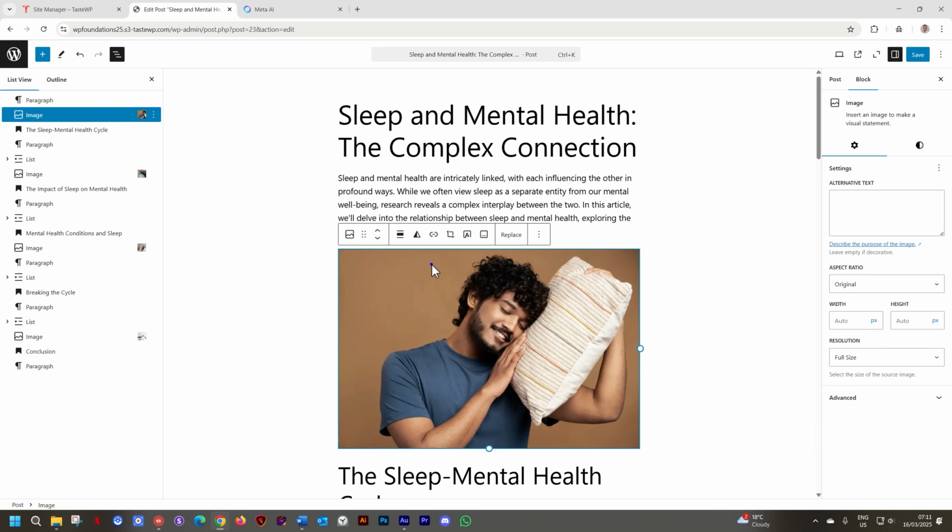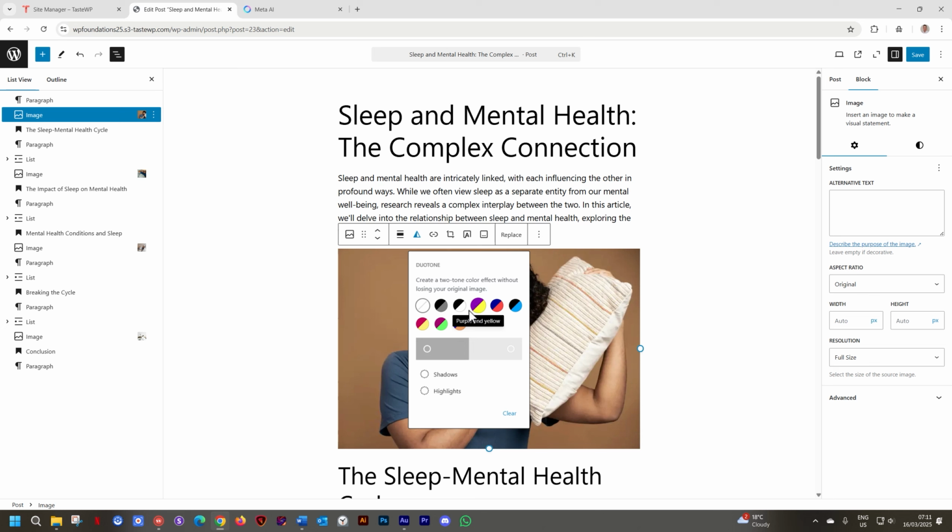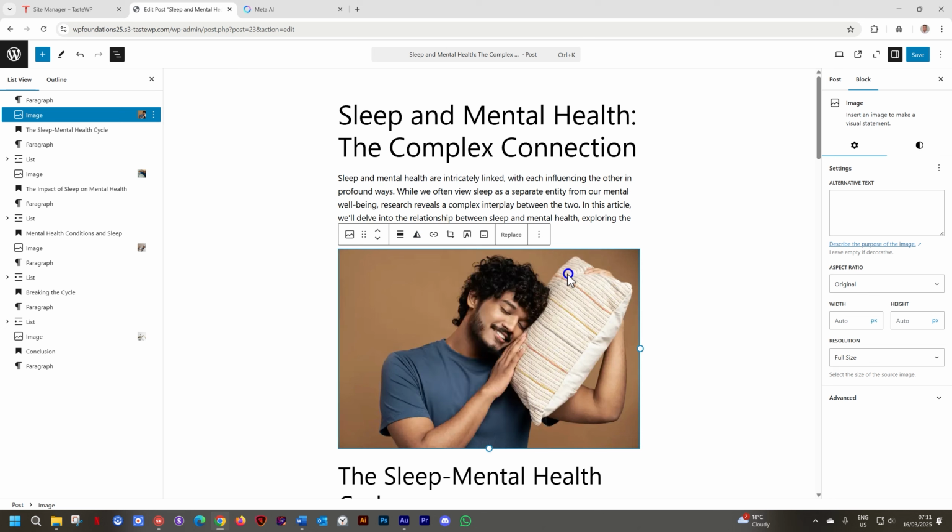When you go to the image, select the image, and after the first three, we get alignment here. We can change the width. Then we have different color duotones that you can apply to it, and many others. Each block will have its own specific set of functions. Don't overlook this. There are going to be times when you're looking for a feature. You're going to spend minutes, half an hour plus looking for the feature. And in the end, it's here in the contextual toolbar. Try and get familiar with the contextual toolbar because it's going to help you a lot with the stuff that you want to do on this page.